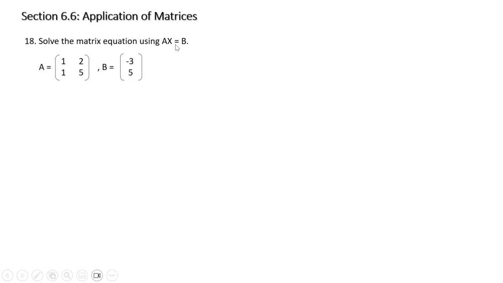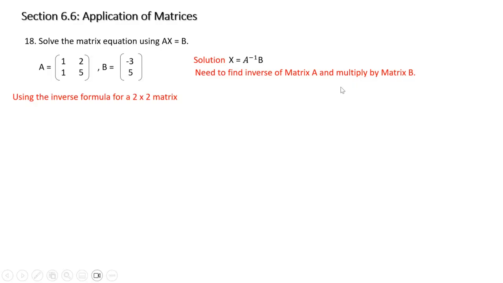So solve the matrix equation AX equals B. Solution: X equals A inverse times B. We need to find the inverse of matrix A and multiply by matrix B. So using the inverse formula, if you use the inverse formula,